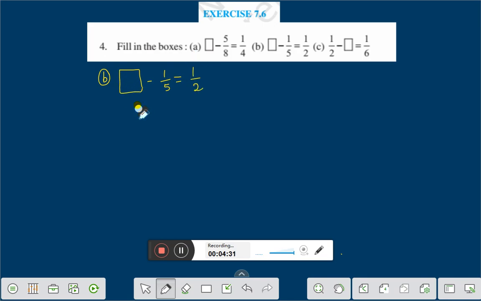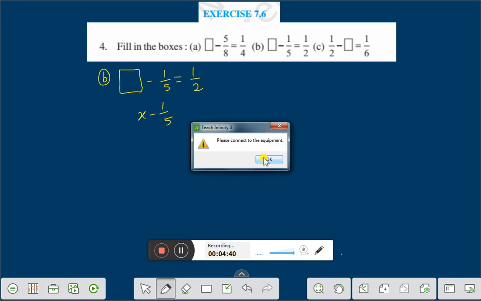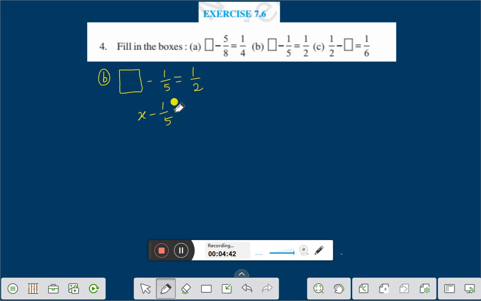Let us take this blank as x, therefore you can say x minus 1 by 5 is equal to 1 by 2, or x is equal to